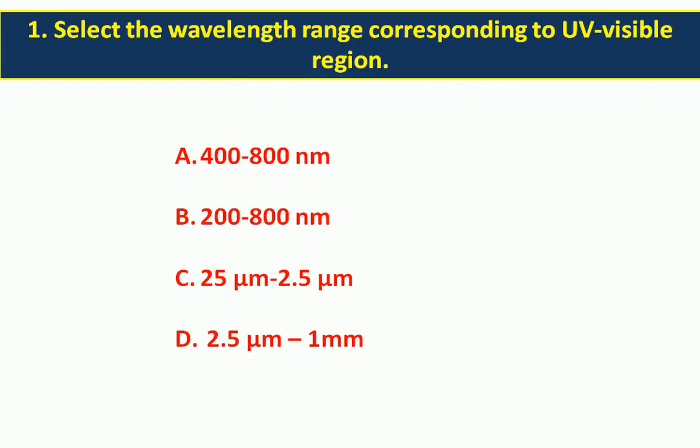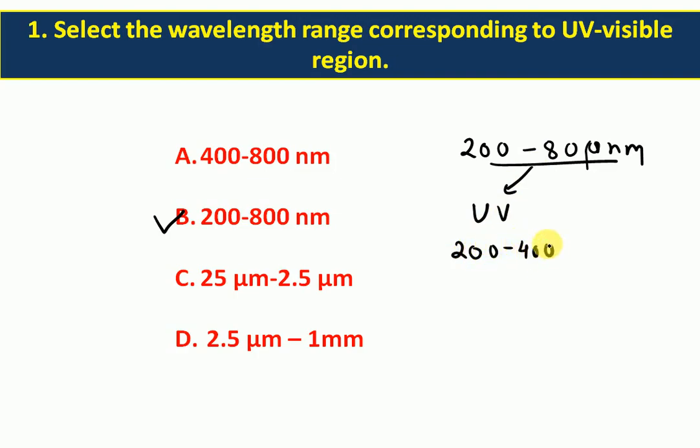The question number 1 is, select the wavelength range corresponding to UV visible region. So here we have to select the correct wavelength range for the UV visible region. So options are given. The UV visible region is from 200 to 800 nanometer. So this one is given in option number B. So it is correct one. Out of this, the UV region is from 200 to 400 nanometer and visible region is from 400